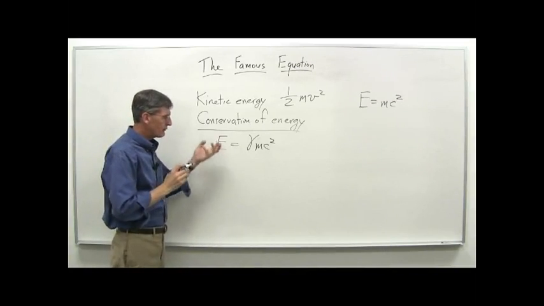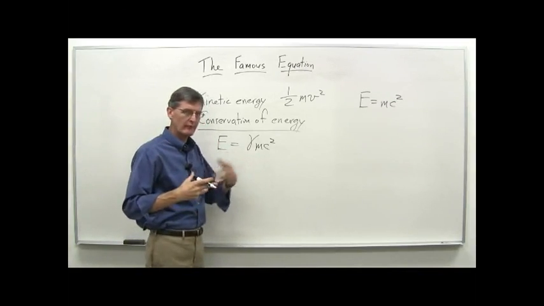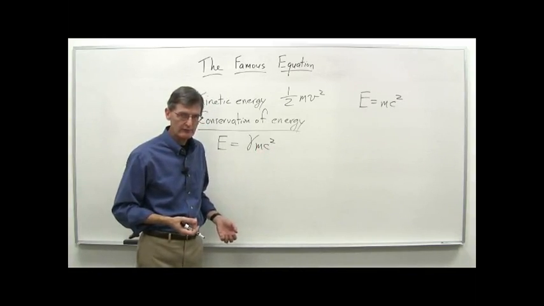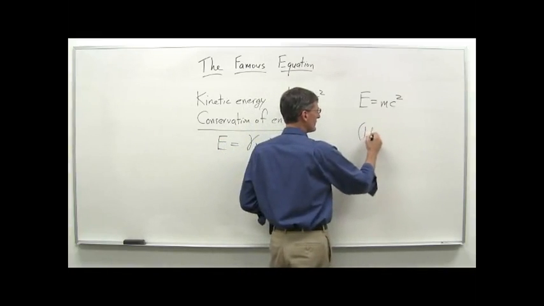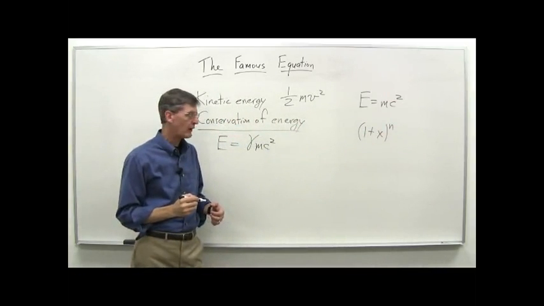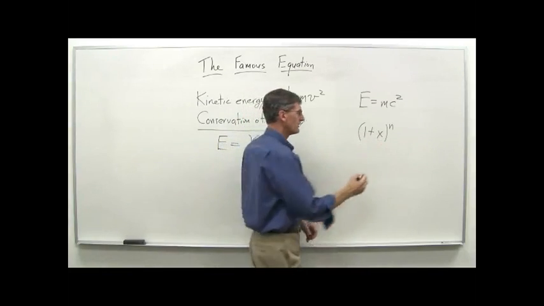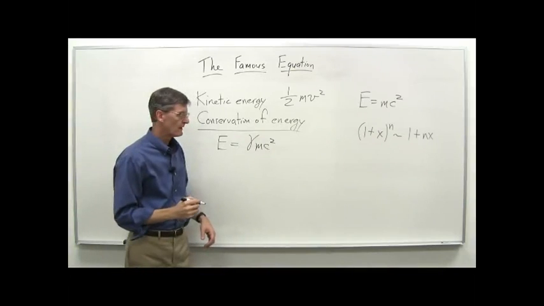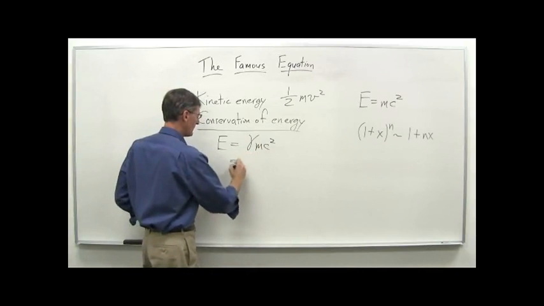And if we play around with this a minute, let's just remember back when we were talking about the Michelson-Morley experiment, we used something called the binomial expansion. So we're going to bring it out of our toolbox one more time here. And remember, if you have 1 plus x to the n, some quantity x to the n power, if x here is much less than 1, then we can write this as 1 plus nx, approximately. And so we're going to exploit that here because, of course, gamma,